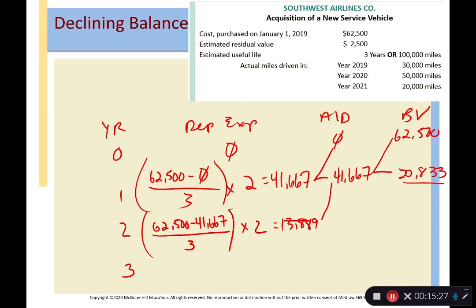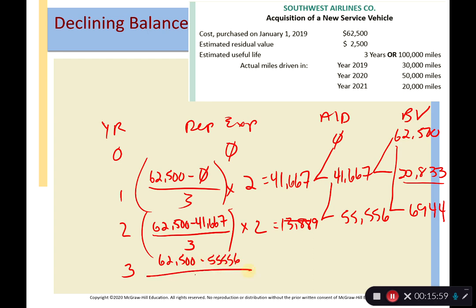And then we add that to the previous 41,667. And our accumulated is 55,556. 62,500 minus 55,556 is 6,944. Then in year 3, it's going to be 62,500 minus the